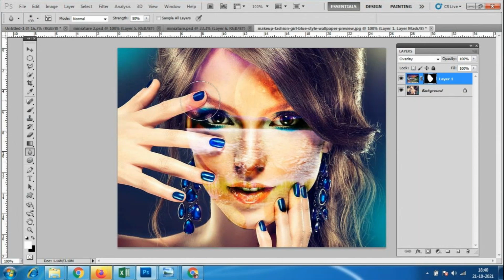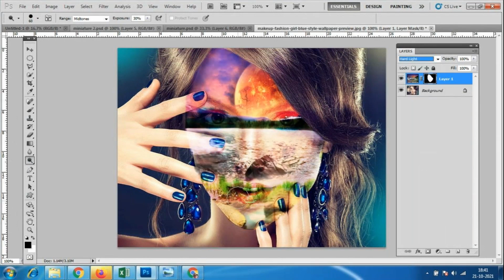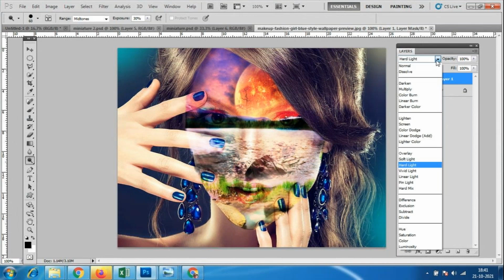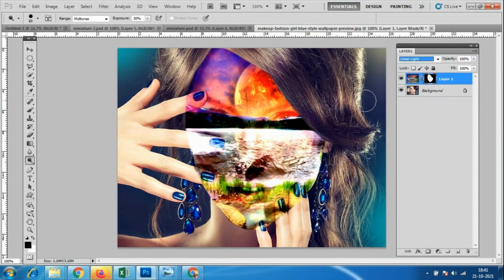So we have to select the particular things to apply the blur. Okay, so 50% strength is here. So blur is not applied. Let me check whether we can use the blur, dodge tool or burn tool, anything, which is not applying. So only this many options are applying here. So you can try many things like this.